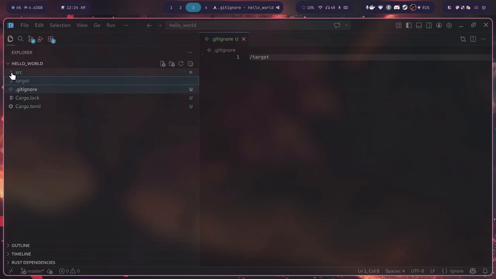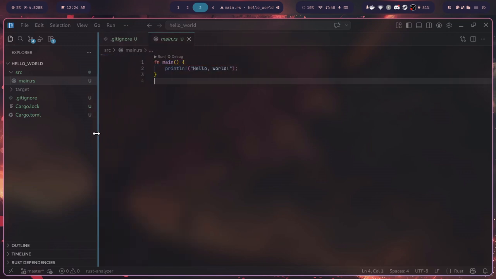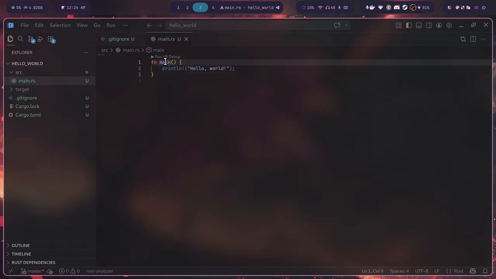Now the relevant folder is src. It contains main.rs. If you have noticed, rs is the extension which a Rust file generally uses. Any new project that you create will contain this default piece of code: function main, println and hello world. Now we will go through it one by one, but